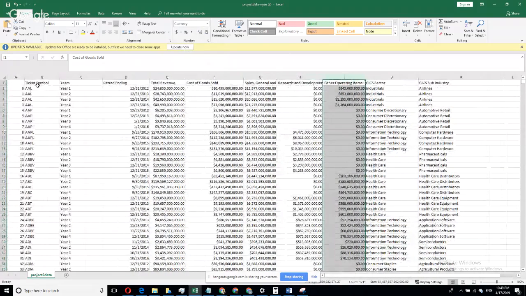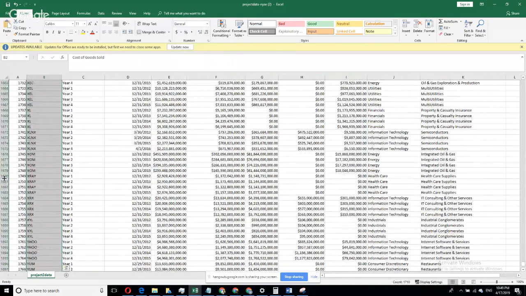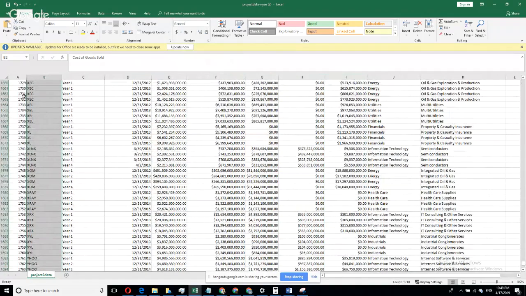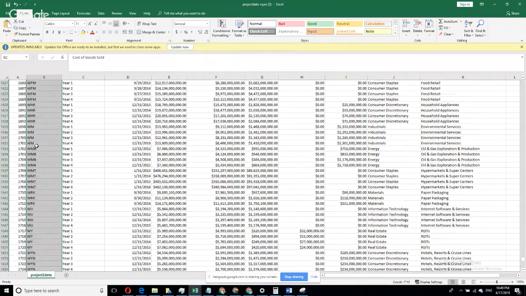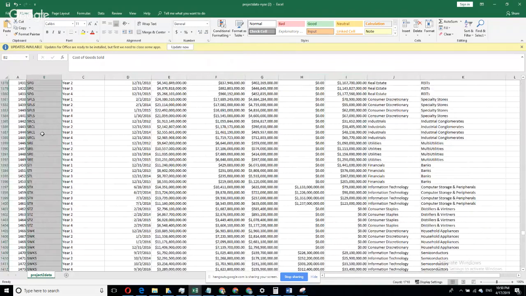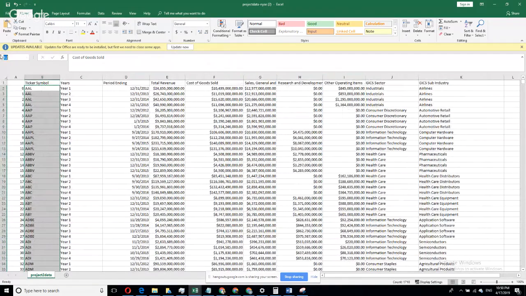For example, here we have ticker symbols. Let's select all of the ticker symbols by pressing Ctrl Shift and down. So it goes from B2, from the second row to row 1711, and then we'll just name this range. So this is an application of named ranges. Just name this range as ticker_symbol,